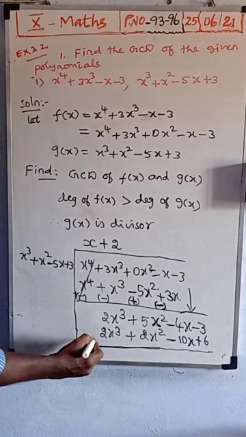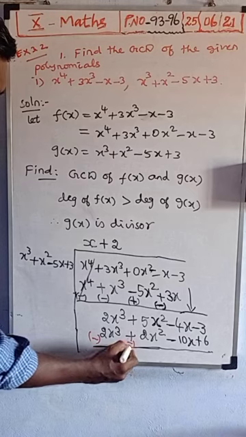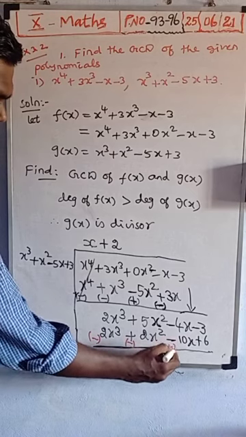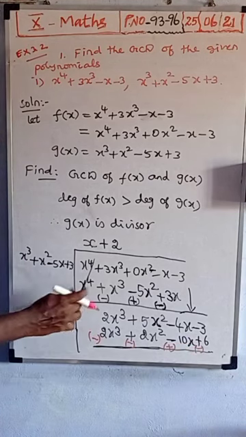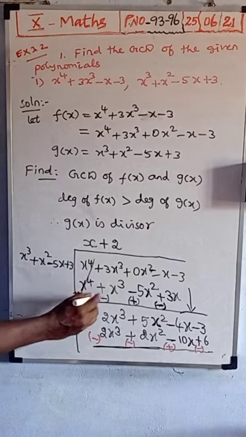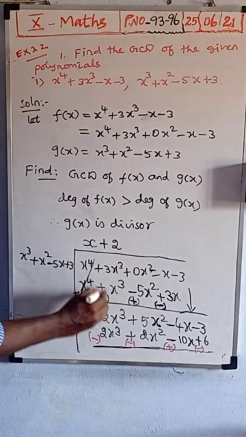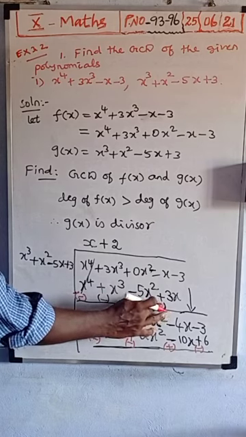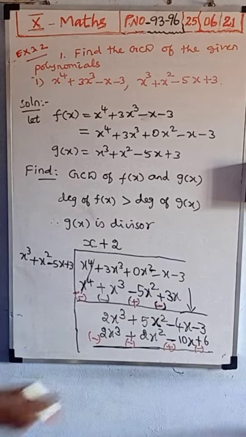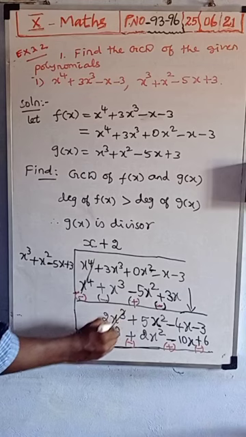Here minus, here minus, here minus change into plus, here plus changes into minus. For understanding purposes I am writing this with the pen. So here plus means minus, here minus means plus, here plus means minus. Now the first term will always get cancelled.